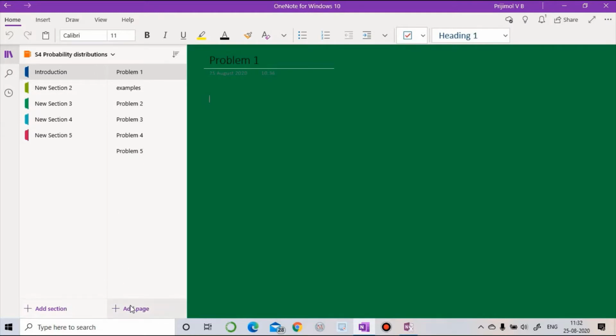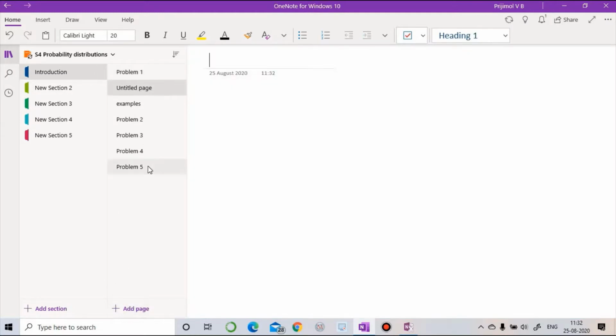If you want to create another page, you can add page, and then you can see you have an untitled page, but whatever name you write here in the title gets automatically updated. So, say, example 2. Okay, so you can see it automatically gets renamed as example 2.